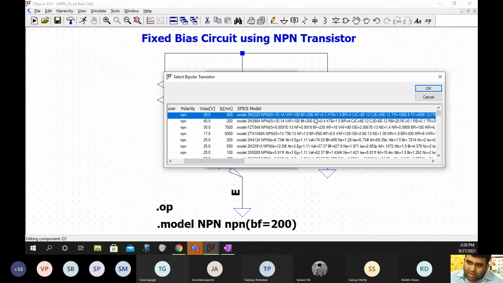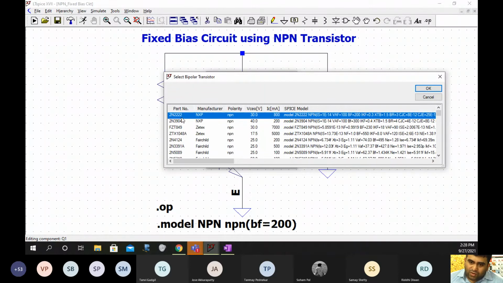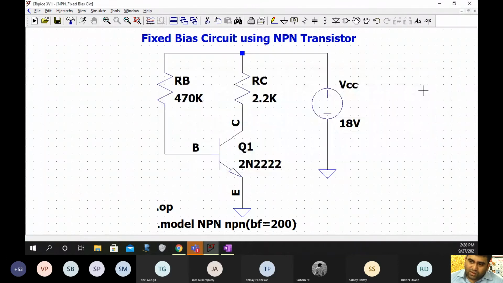So if you consider a transistor having beta factor as 200, you can see here the beta factor is 200. This is the 2N2222 transistor. So instead of specifying the beta factor, I am selecting a transistor which already has a beta factor of 200.